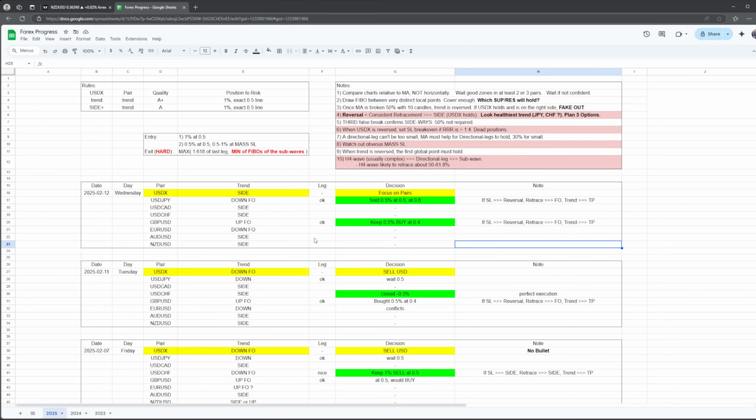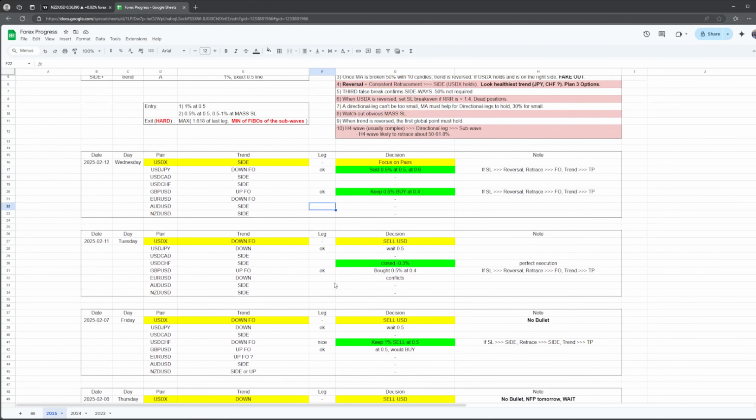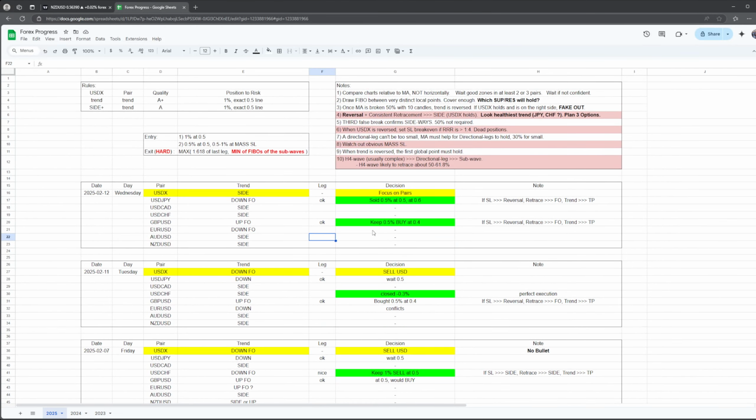Okay, so what do we see overall? The USD index was down, the trend was down overall with the fake out in the last few days. Then it shifted into sideways action, and the market is deciding whether the USD is strong or weak, and it's advised to wait. But if you are a little bit aggressive trader looking for opportunities, USD Japan Yen and Pound USD are in a really good zone to trade, especially USD Japan Yen, and currently they are doing the fake out,